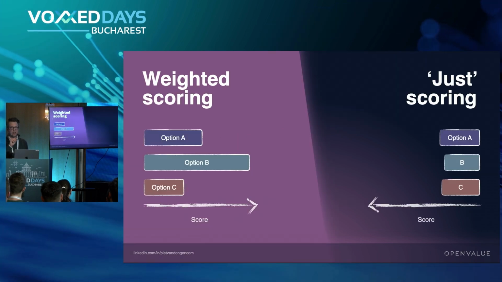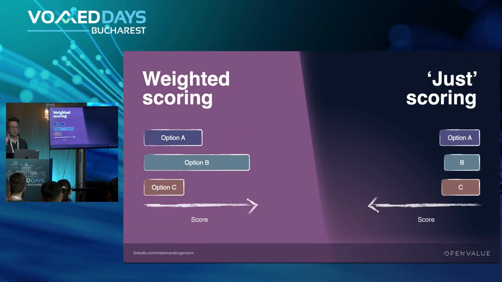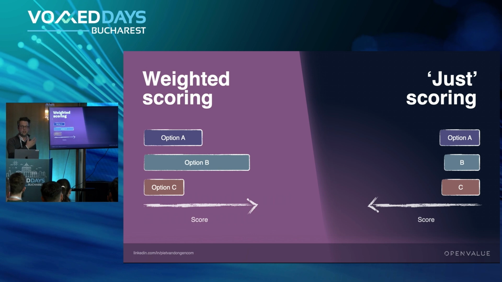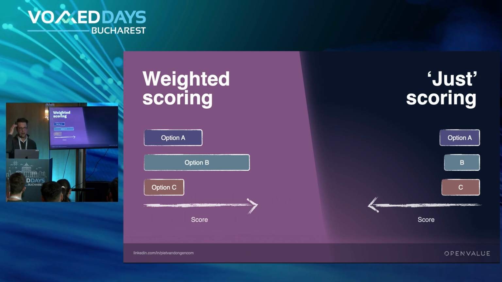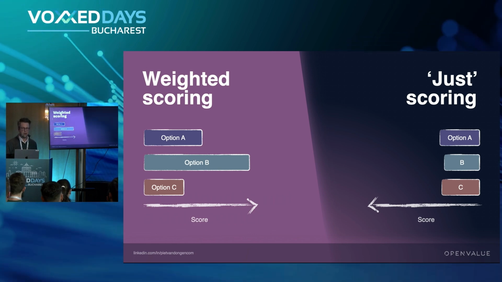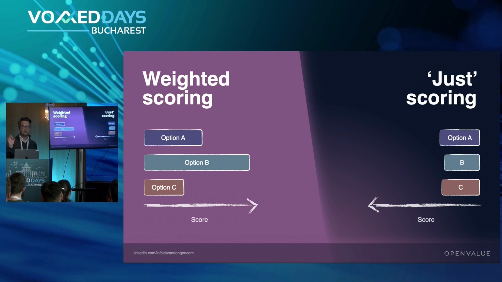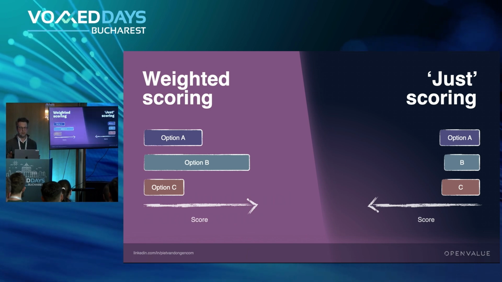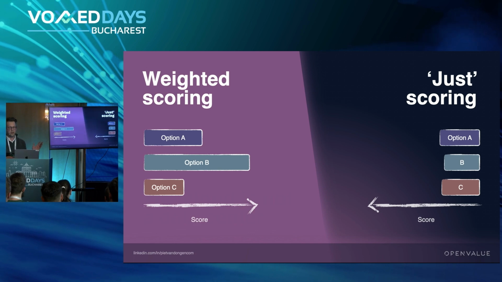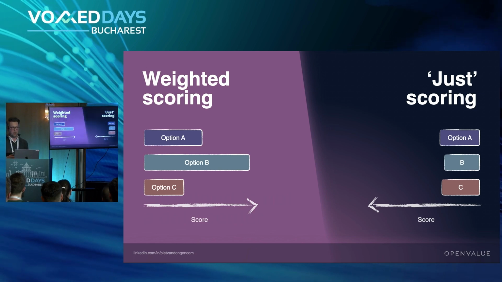So if you do that, you have a weighted scoring, so you multiply those scores. And then you have very distinct options here. So option B is clearly the better option in this case. Option C is the worst. If you don't use those weights and that spectrum of acceptability, you can barely see which is the better option. And it can also lead to wrong choices.